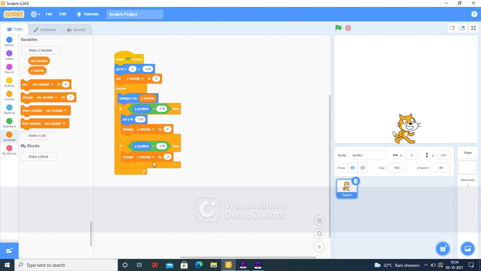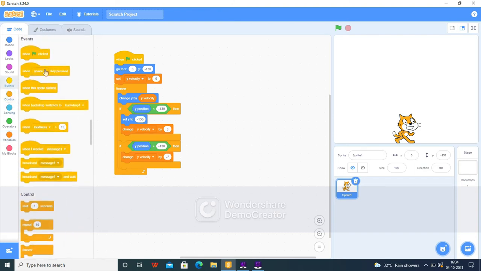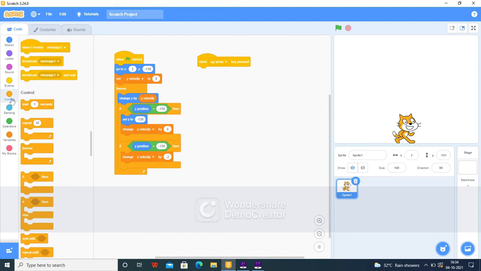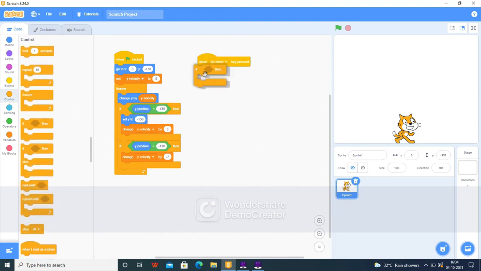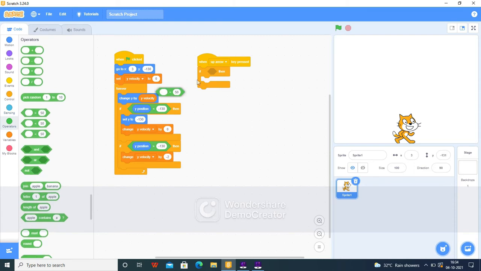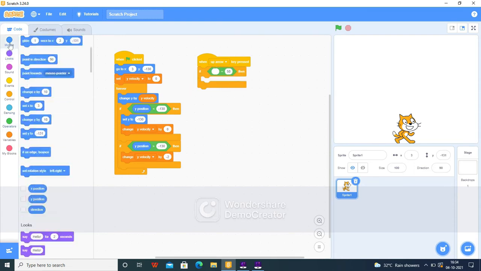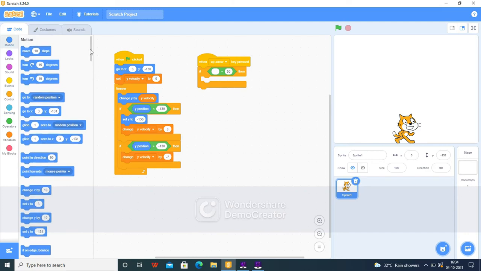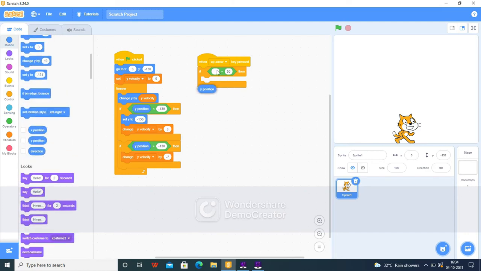Got it? Now you have to go to events and take when the up arrow is pressed. You can take an if block and give y position equals minus 130.